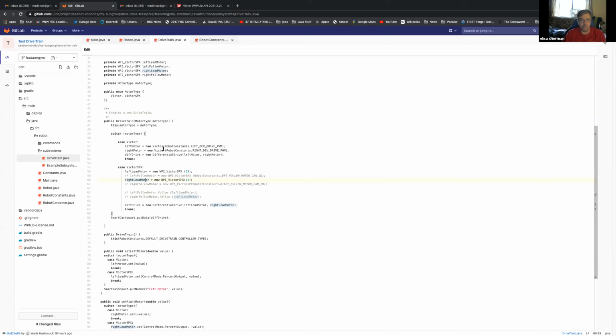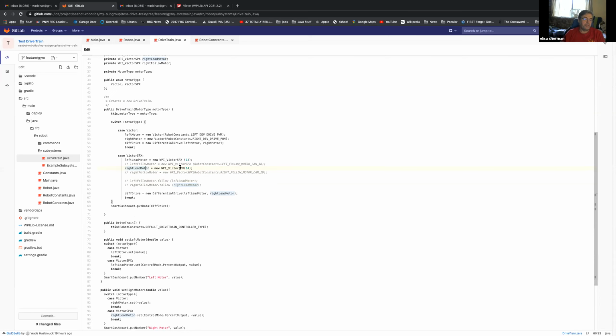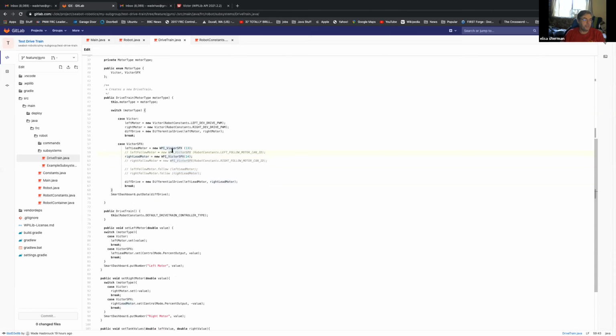So it looked like one, so we didn't have to deal with 4. For the Victor SPX, which is what we're using this year, and we're using CAN-ID, there's no such thing as a Y cable. So we actually have to define,